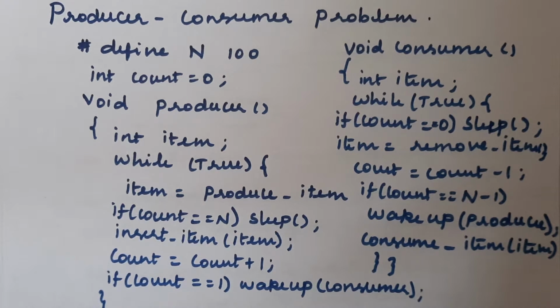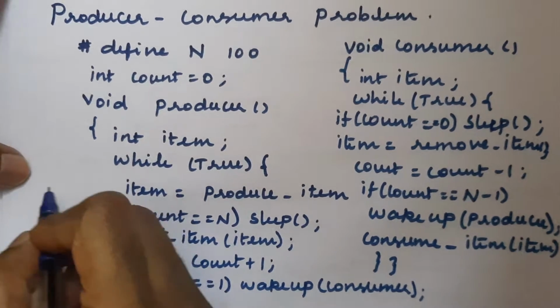Here we already know what the producer consumer problem is, because I have given some discussion about it. We will have two separate processes: one is the producer and the other is the consumer. The producer process always produces new items, and they are stored in the bounded buffer. So it is also said to be the bounded buffer problem.